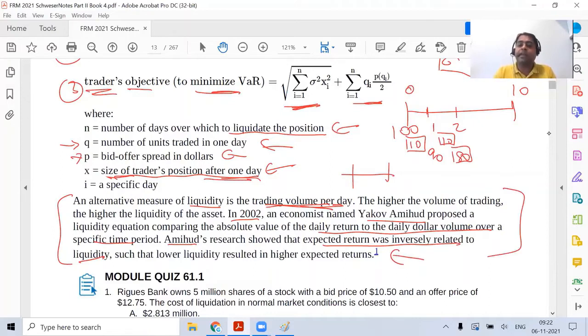Now this section, the last paragraph, is explicitly to connect back to you and tell you that these formulas which you're looking at are one of the formulas that are used in the market. In reality, we have seen more research coming in, more theories coming in with respect to the liquidity of the product, and they're trying to connect it with different aspects. For example, the returns at price or like that.